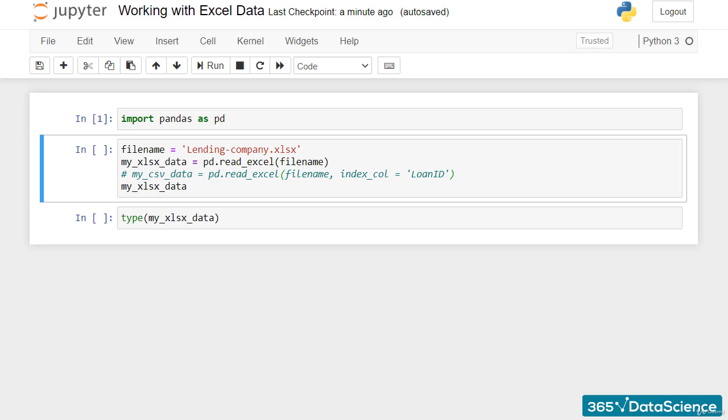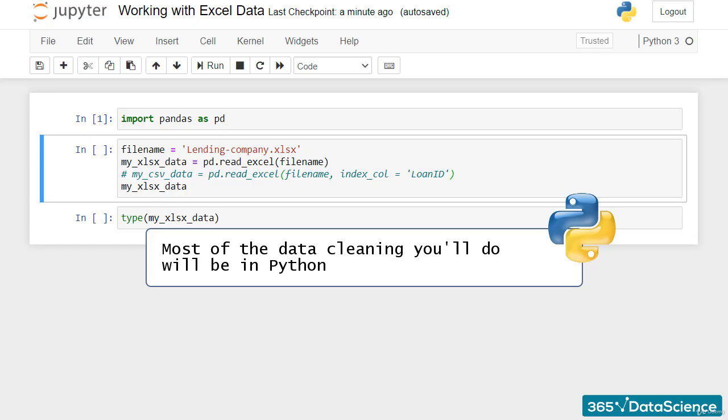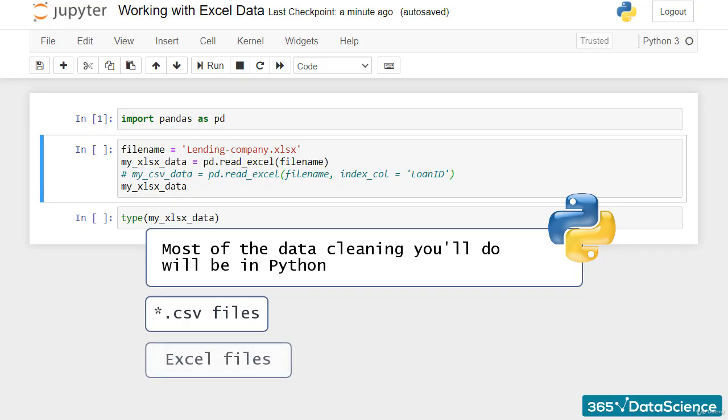Right. In this lesson, we will show you how easy it can be to import data from an Excel spreadsheet into Python. As a data analyst, most of the data cleaning you'll do will be in Python, primarily using CSV files. However, occasionally, you might receive an Excel file either from a member of your team or from external partners. In such situations, it might be advantageous and time-saving for all to read and import data from an Excel spreadsheet